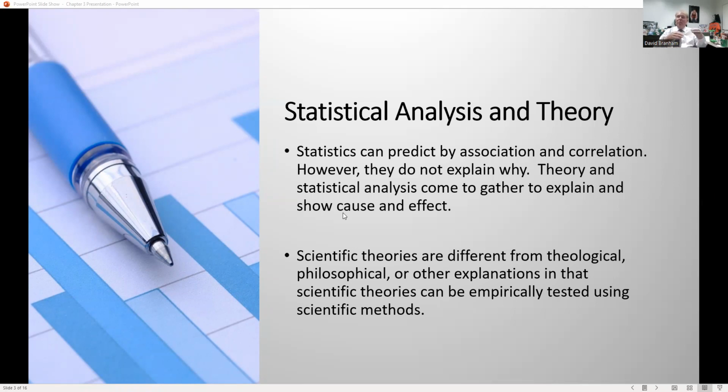Just because two variables or constructs are related in what they do does not mean that one is causing the other. In fact, it's impossible to tell just from that correlation which direction the cause would be coming from, if there is a cause, or it could be that there's a third variable on the outside causing that. For instance, the classic